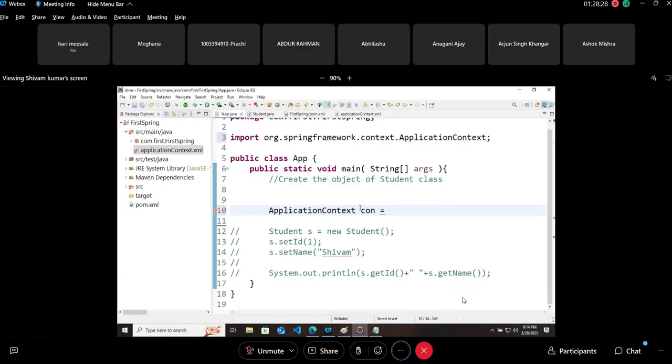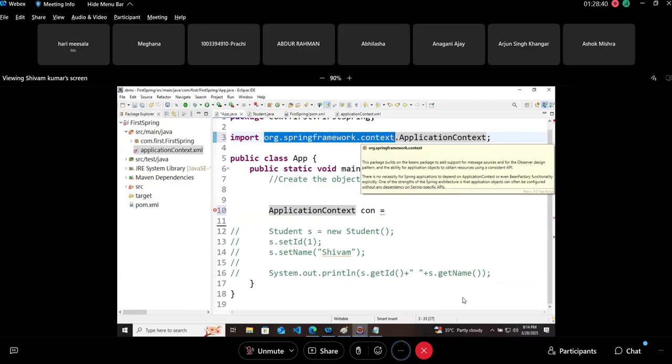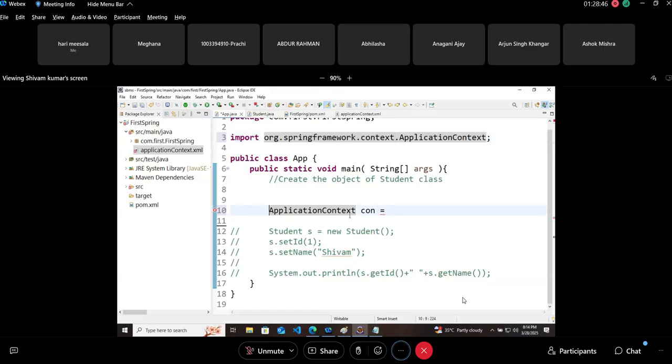Control Shift O, from where this package is coming, from where this class is coming, org.springframework.context means you have added one jar file as spring context, which is giving you this class to use. So application context con, or you can say it container, because that is a container, equals to new application context.